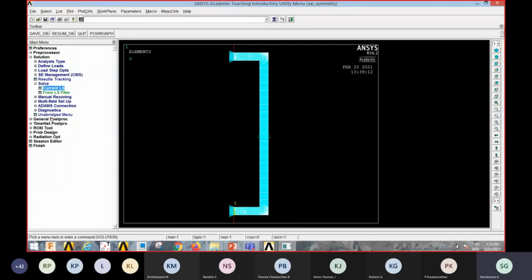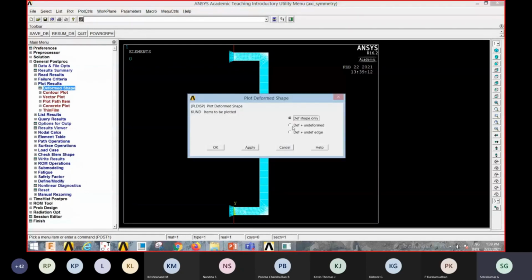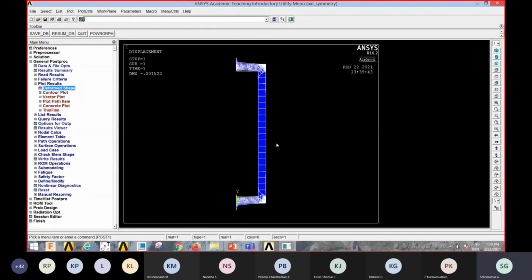Now you can go plot results, deformed shape and undeformed shape, it will show. You can find out the maximum deflection value is 0.0015 mm, or you can say 1.5 micrometer. This is the maximum deflection value.